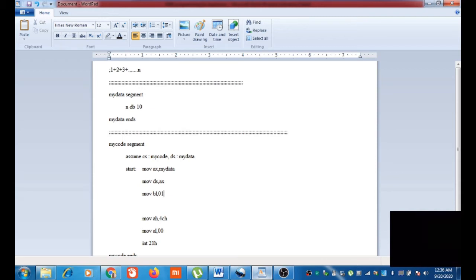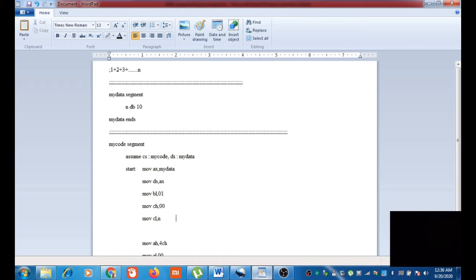Okay, so the easiest way is using a loop instruction. Let us see that. I'm moving ch, 00, cl, n.